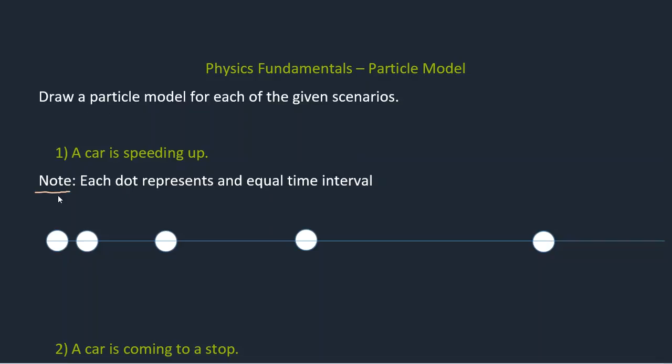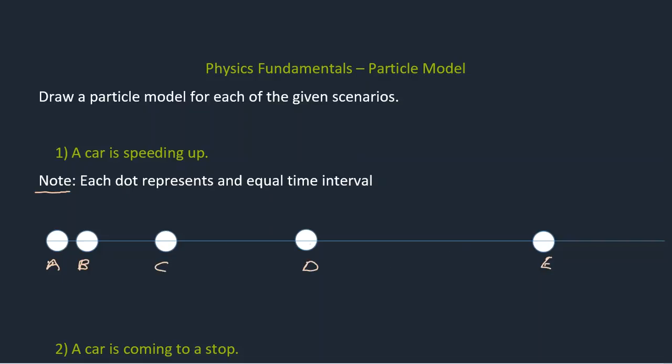Remember, each dot represents an equal time interval. So every dot represents an equal elapsed time. So if a car is speeding up, then the distance between each equal time interval should increase. So as you can see here, we can name this dot point A and point B, point C, D, and